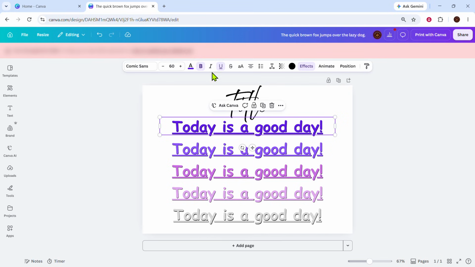Next, look at the top toolbar and find the Italic button, which is shown as a capital I. When you click that button, Canva will immediately change your selected text to an italic style. This happens instantly, so you'll be able to see the difference right away. Italics usually make text appear more slanted and can be useful for emphasis, subtitles, quotes, or design elements that need